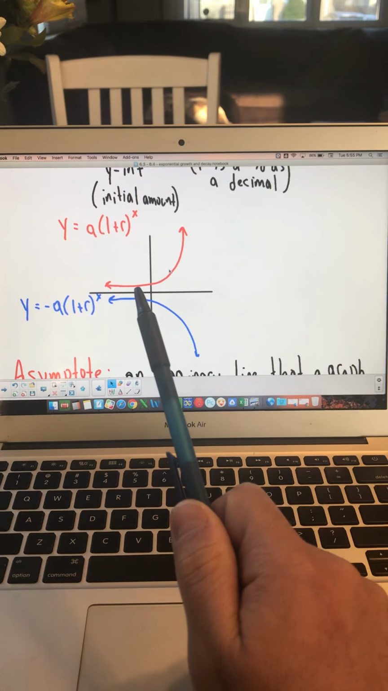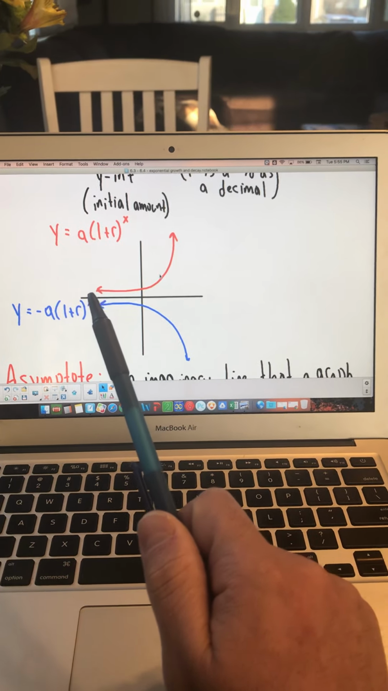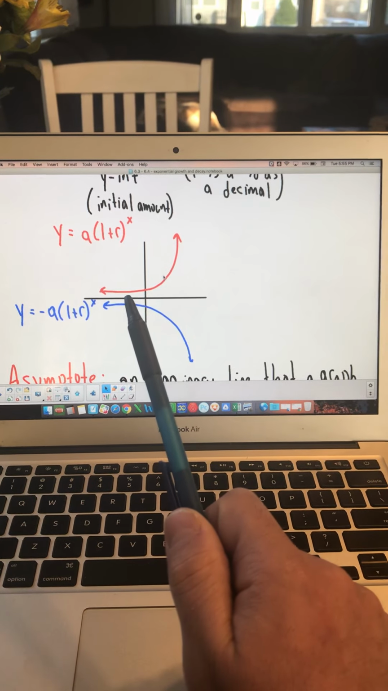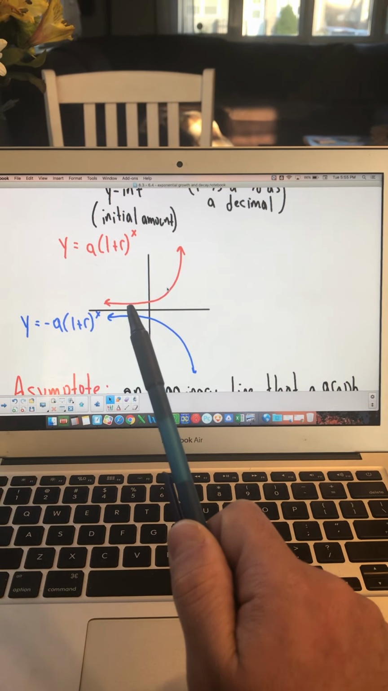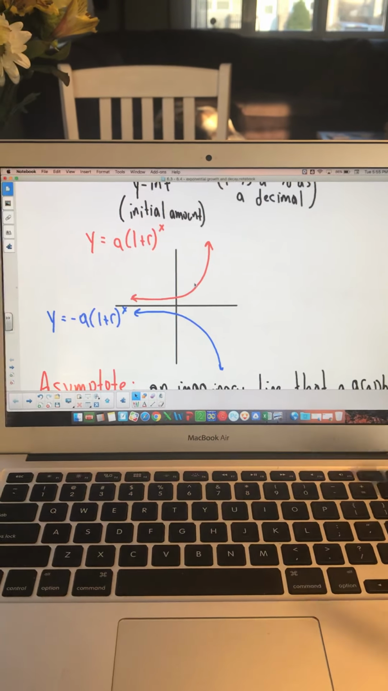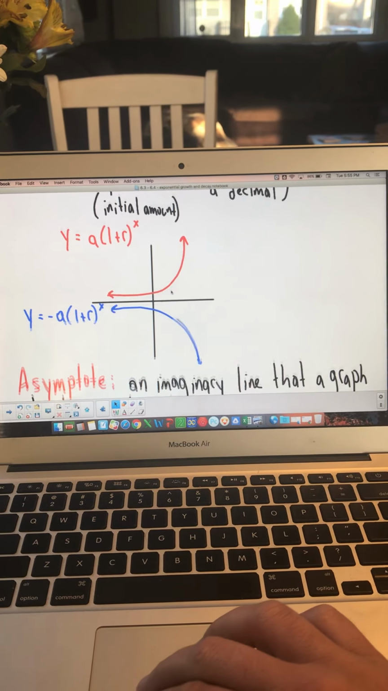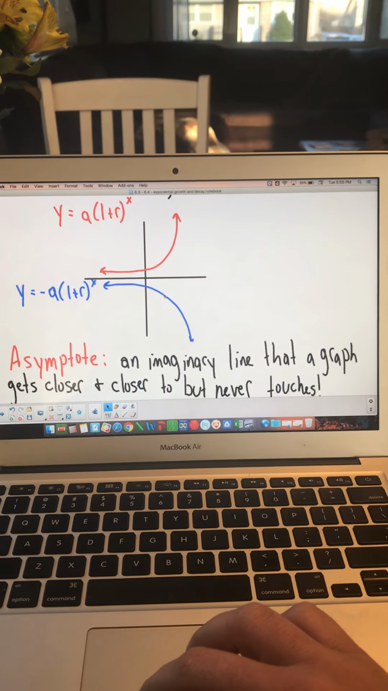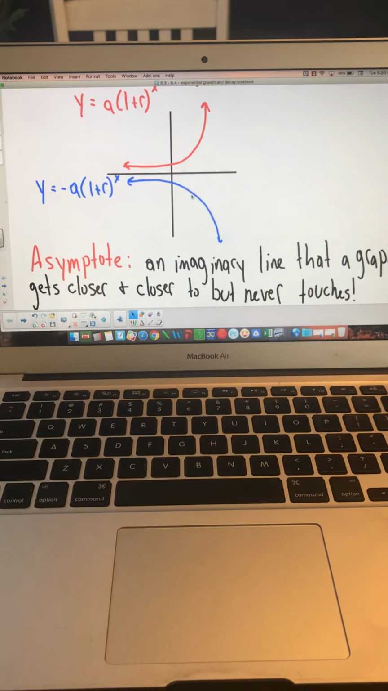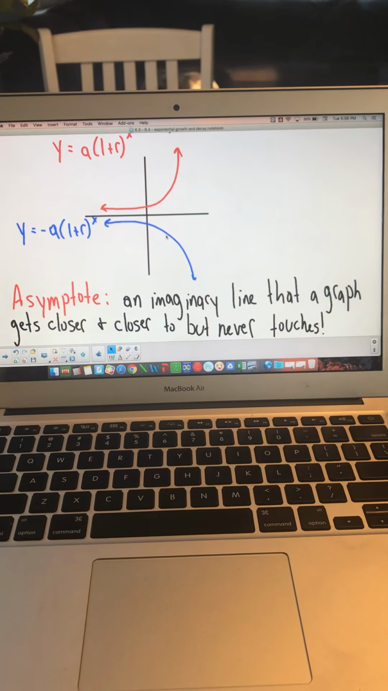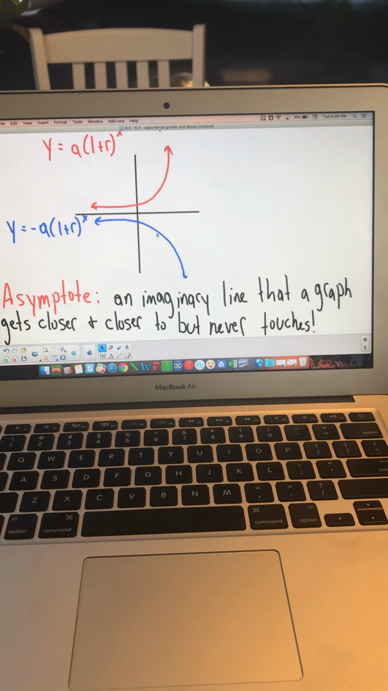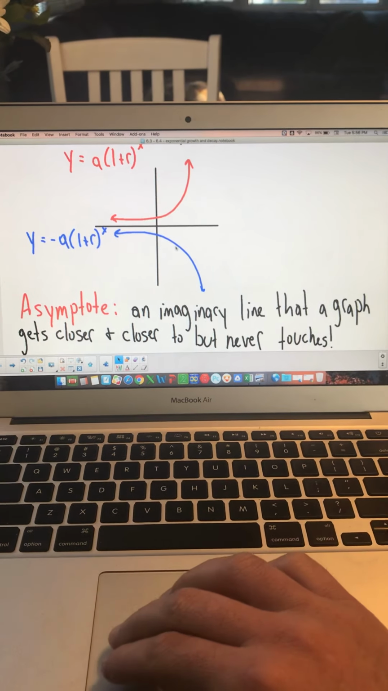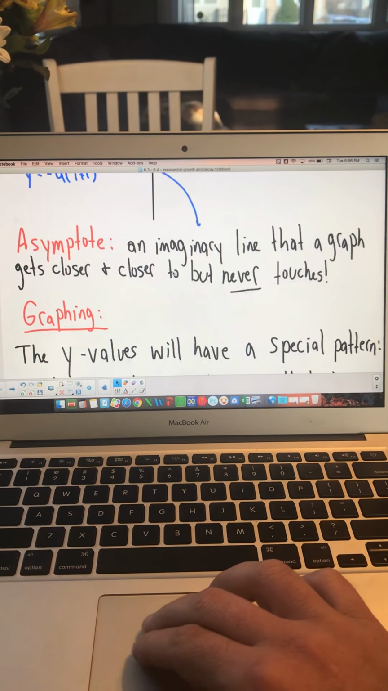Now, as we get to our graphs, you'll notice this gets closer and closer. It'll look like it almost touches the x-axis, but not quite. That's because these exponential functions have something called an asymptote. It's an imaginary line that the graph gets closer and closer to but never touches. So in this case, for these functions, we refer to the x-axis as an asymptote. When we go to graph them,